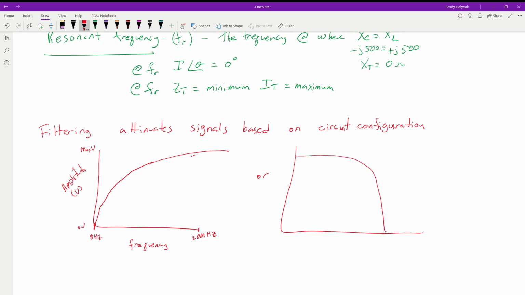So let's kind of understand what's going on with this. This right here is our output, depending on what we're doing. As we get higher and higher in frequency in this one, we get higher and higher voltage until eventually we max out at our max VP, and we just stay that way forever. On this one, we're starting out at our high voltage, and then as we increase frequency, we're decreasing our voltage. So eventually it rolls off to where it attenuates.